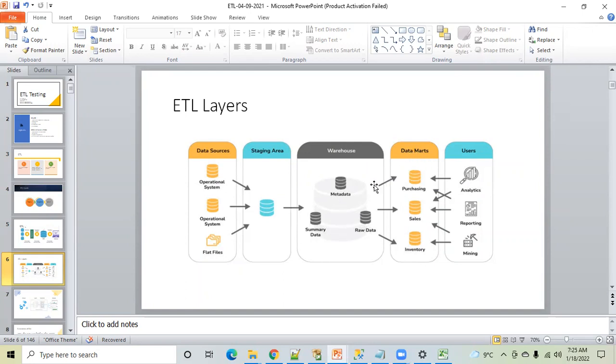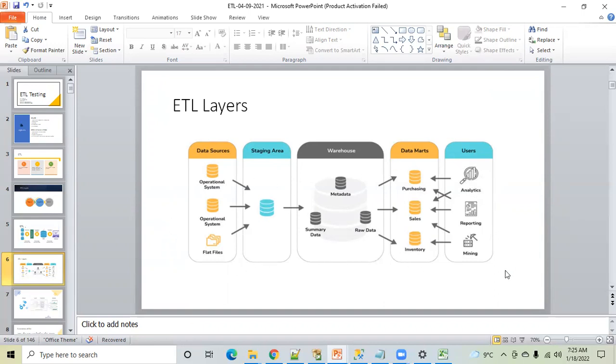And then finally you are segregating data as per the business need. Maybe the data related to purchase, you segregate in a different data mart. Related to sales, you keep in a different data mart, and related to inventory, you segregate finally. Why? Because the different reports you are going to create need data from these different departments. So finally you have these reports, and you do some analysis on top of them. So this is the entire flow of any ETL project.